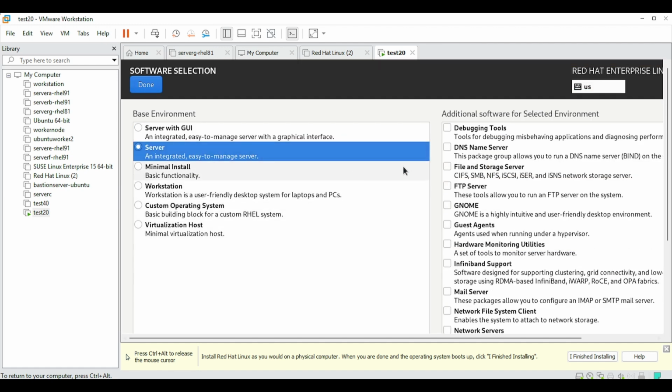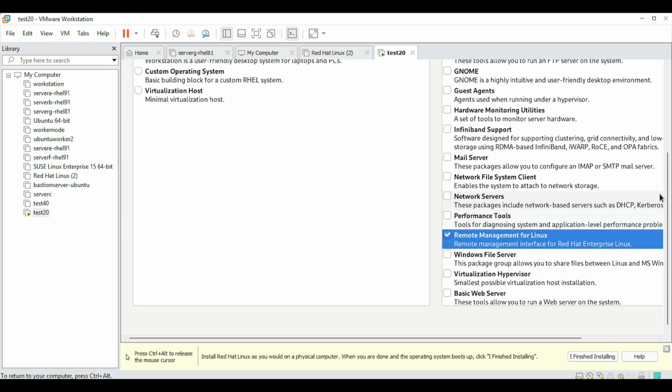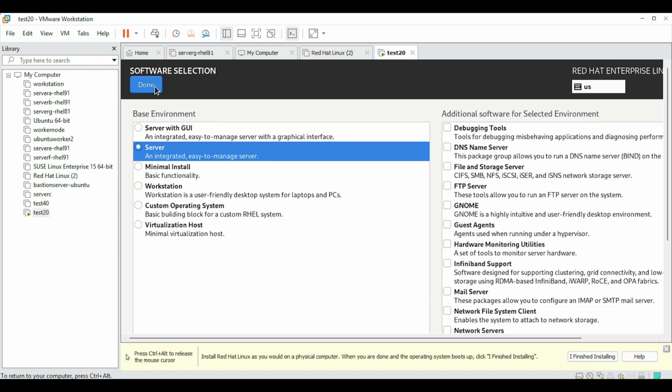Yes, this should be Server, and only one item is needed, remote management for Linux, so that SSH can be done from anywhere. If you want Workstation, Server with GUI, or custom operating system, you can choose from here. And someone can ask about the virtualization host. Again, this is for appliances actually. So it is done.